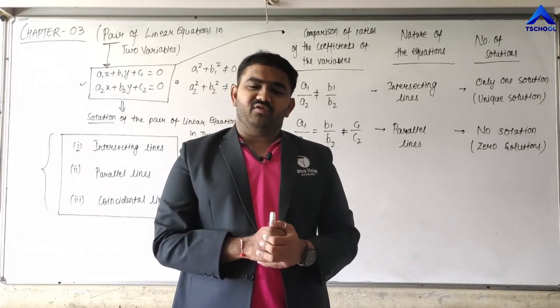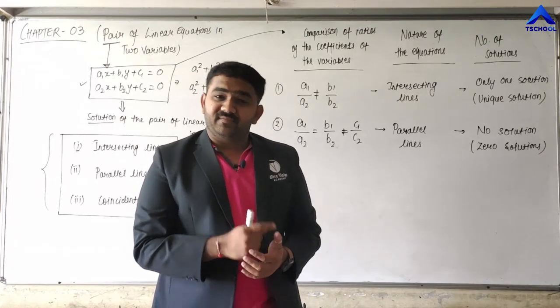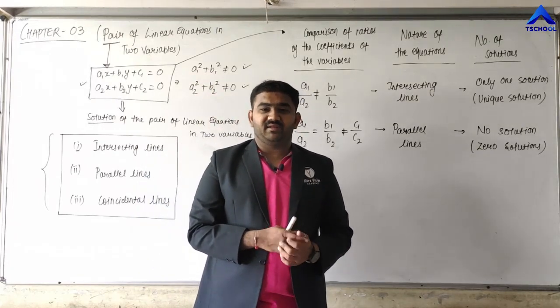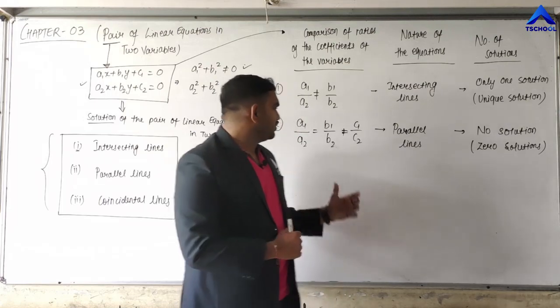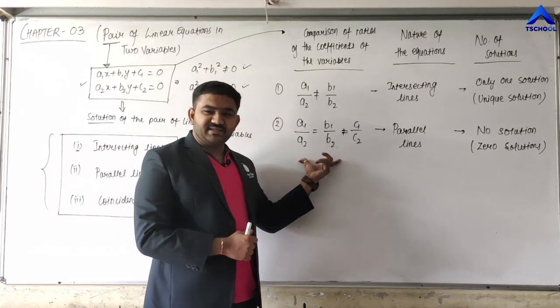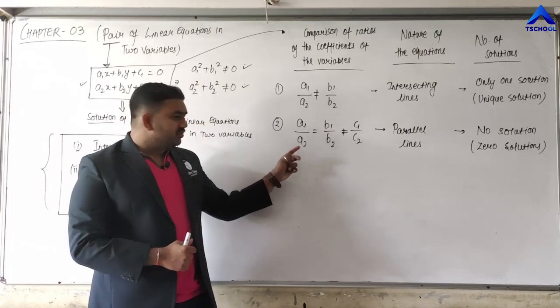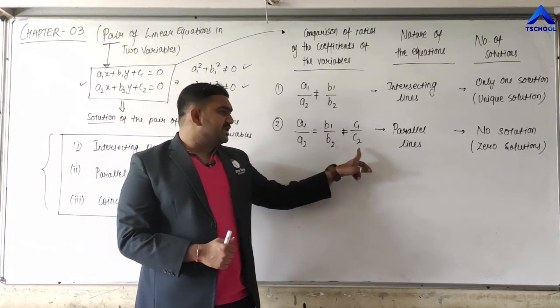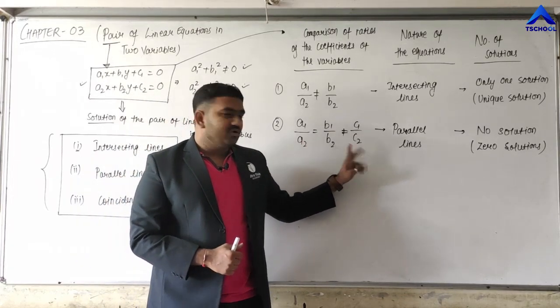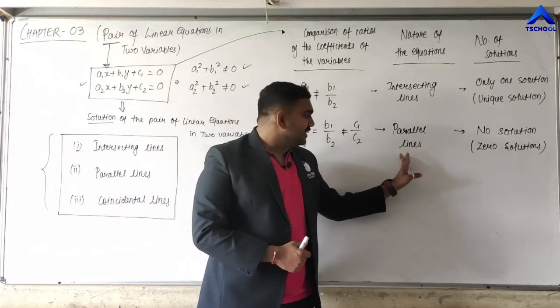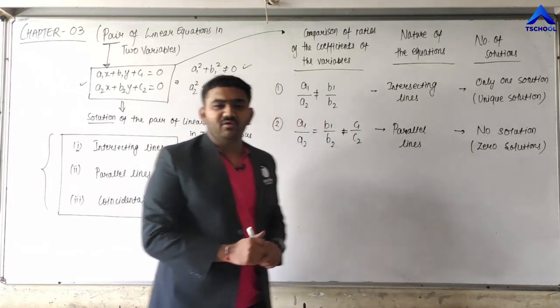And if they do not meet each other anywhere, or if they do not intersect each other anywhere, that means they don't have any solution. So we can say that if the condition exists like a1/a2 is equal to b1/b2 but is not equal to c1/c2, then they will represent parallel lines, and thus parallel lines will have no